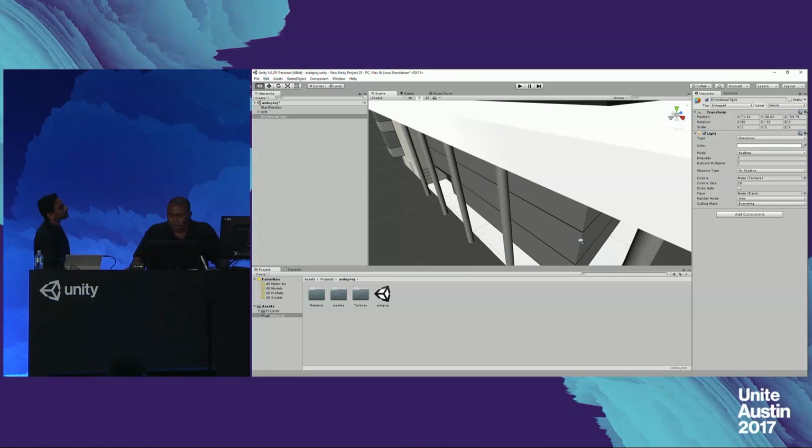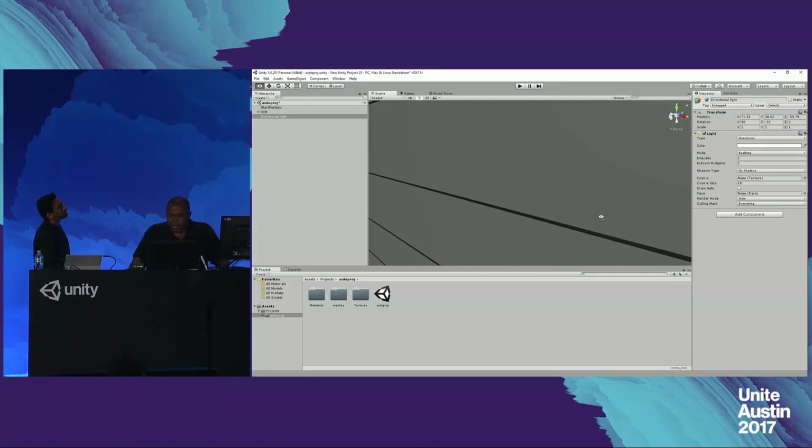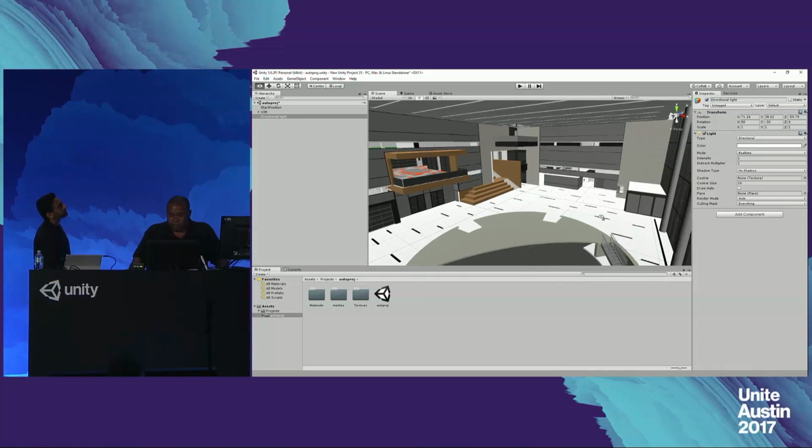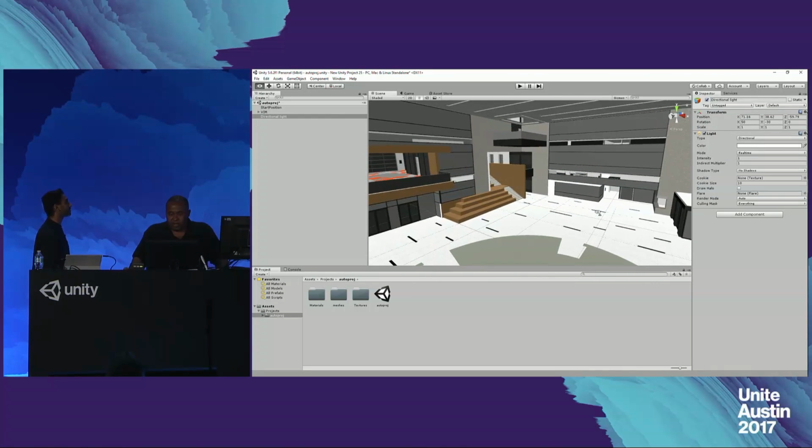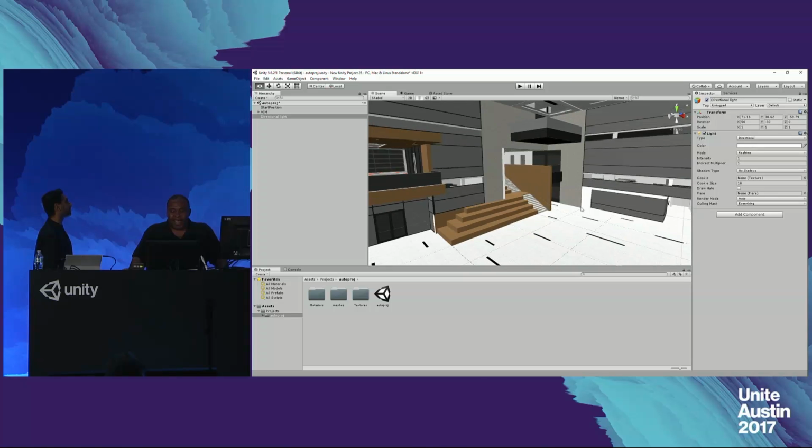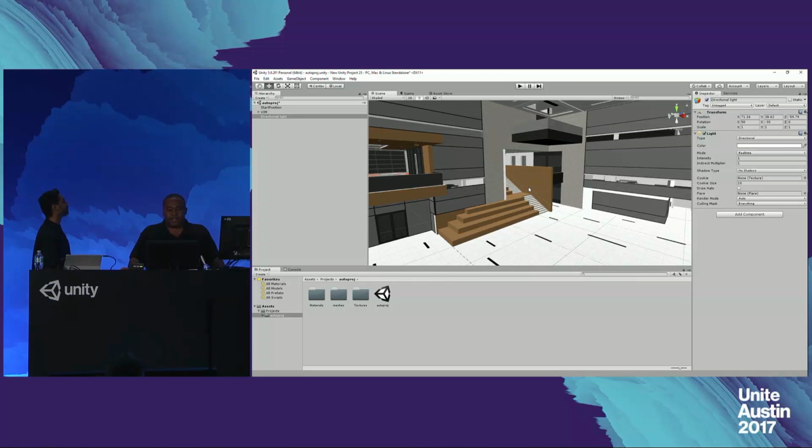And so what we've done is solve the tedium of having to go through and by hand assign these materials, place textures, place lights. We actually go directly from Revit model to Unity package in a matter of minutes, and then use the import process to get the textures, meshes, and materials into the Unity environment, allowing the experienced artist to go through and take this data wherever they want to take it.